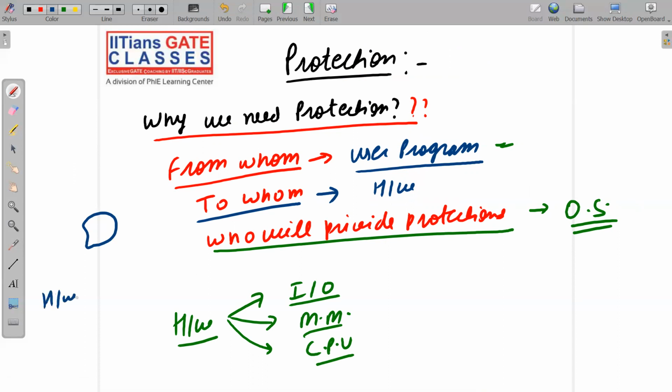So this is your hardware and this is your user program, and the user program does not directly access the hardware, because if it directly accesses the hardware, then chances are it may do some malicious activity and so on. So better is that the OS is present between the user program and the hardware. The user program will give instructions to the operating system, and accordingly the OS will first check whether the operation which